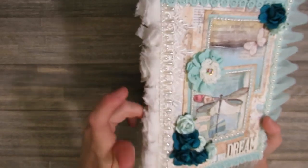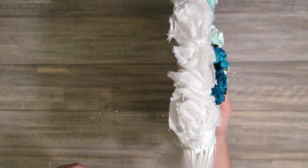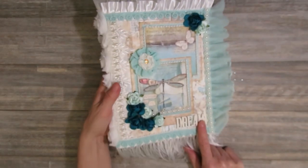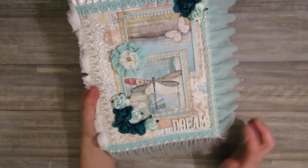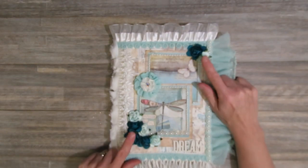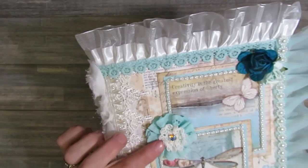And I added the teardrop trim, and then also over the spine, I went ahead and added this little flower rosette trim that I've had in my stash for a long time. And then to finish it off, I added the word dream here down in the corner, and that's just one of those wood pieces, and I did chalk paint that. And then up in the corners, I added some mulberry paper flowers. And then also the last thing that I added was this fun little